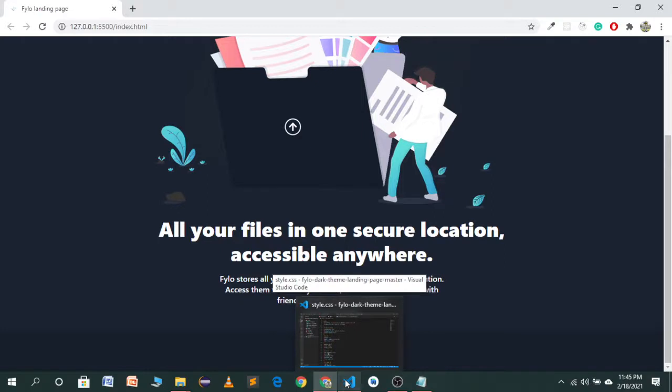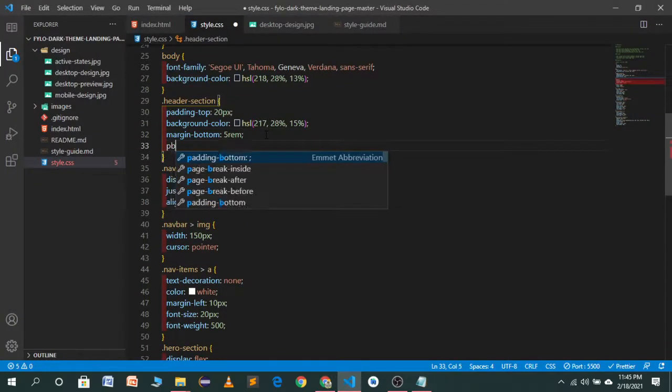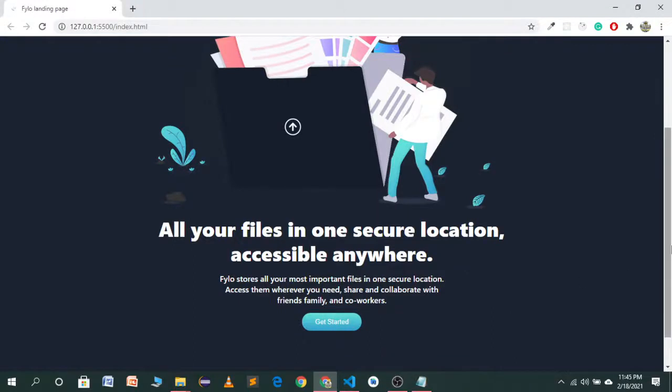So instead of that, we will also give it a padding bottom of 5 rem. Let's see. It's looking good.